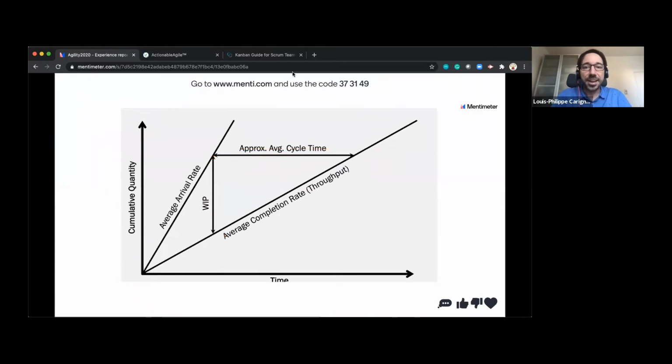But if we go back in time, when we maybe start our project when we have very little WIP, our cycle time was lower. We were going faster. So if our slopes are not equal, as you move forward, your work in progress will get bigger and your average cycle time, or approximate average cycle time, will get bigger,